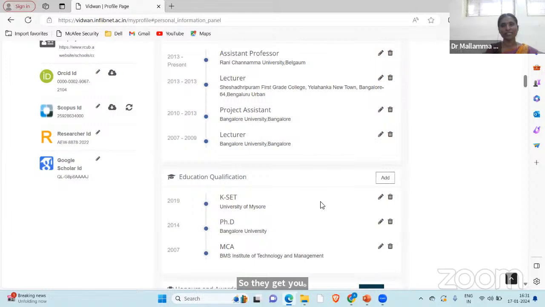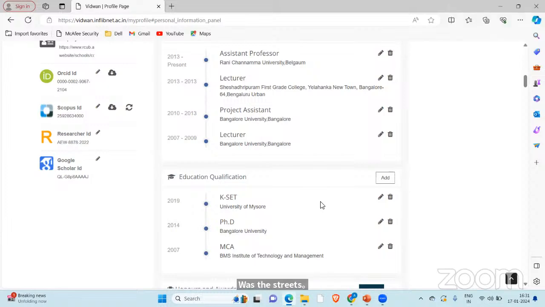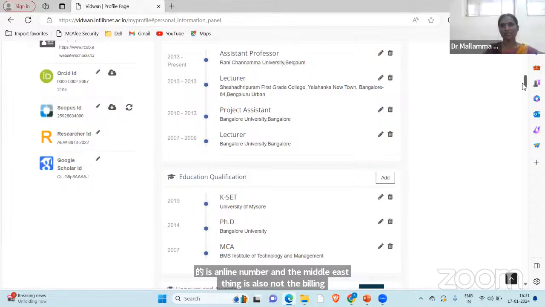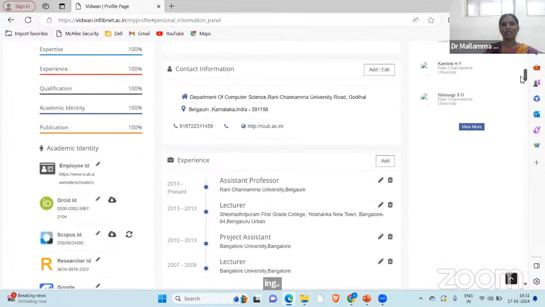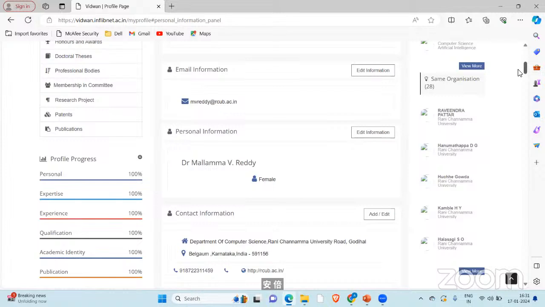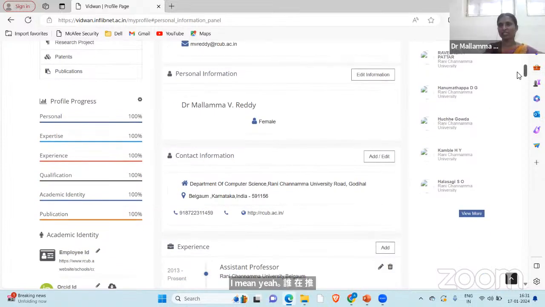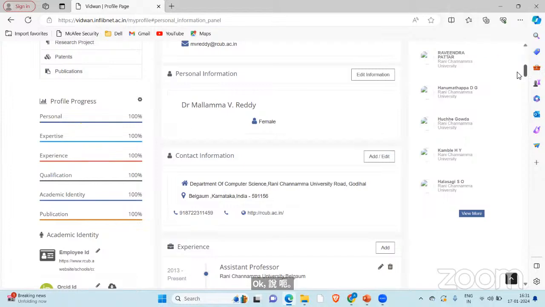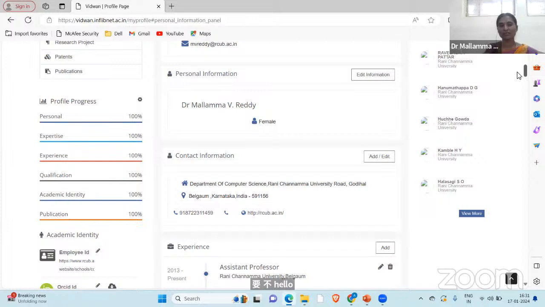Yes, participant number 15, what is the status? Madam, it is not yet done. I am stuck at the ISNI number, and my designation is also not appearing. Okay, designation is not appearing. Where in the experience are you doing it? Sir, can you share your screen? What is the procedure, madam?